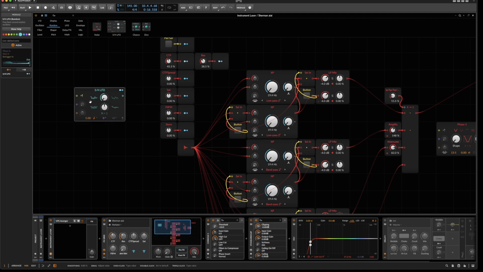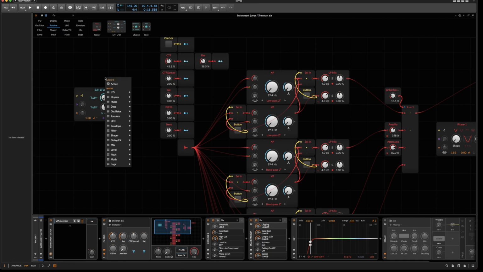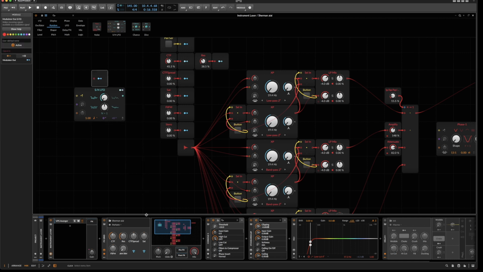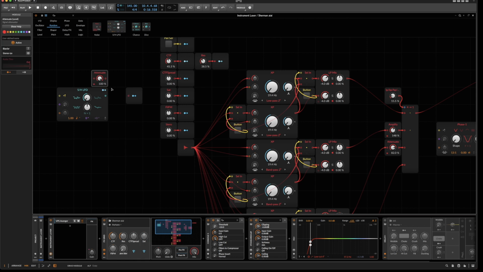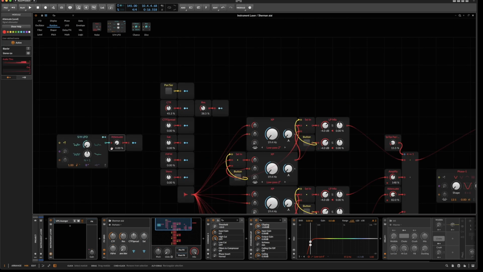Always lovely and used all the time in Psytrance, the famous sample and hold device. I don't want to use the modulator out which it comes with because I want to place an attenuation device in between, and then